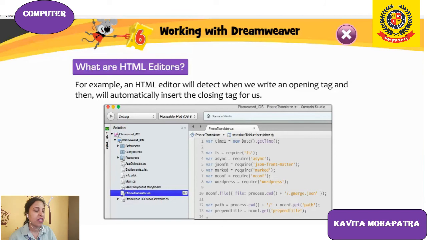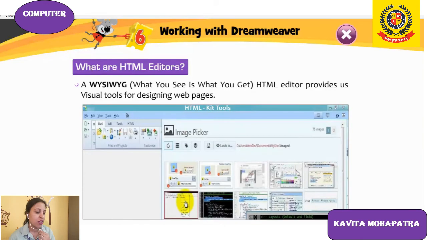HTML editor will detect, means it will check when we write an opening tag and then will automatically close it. So what you see is what you get HTML editor provides us visual tools for designing the web page.